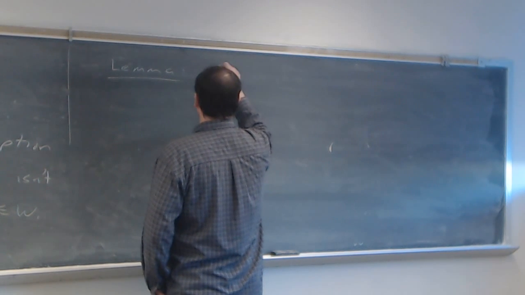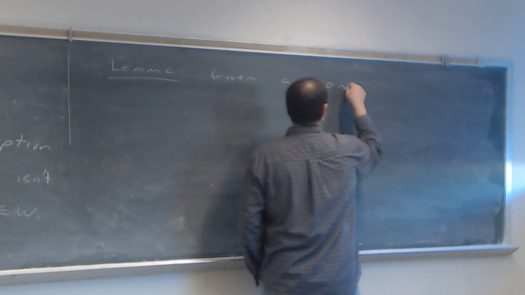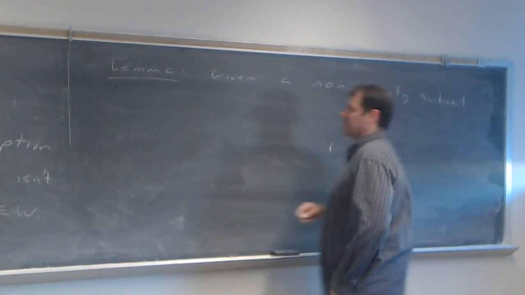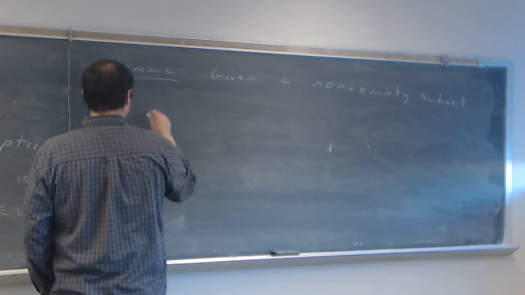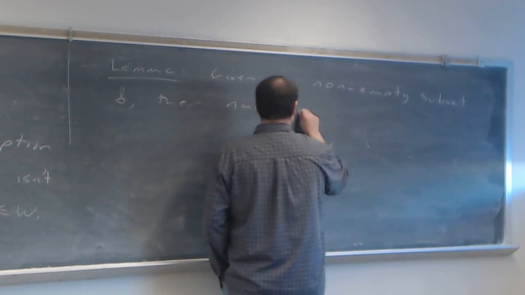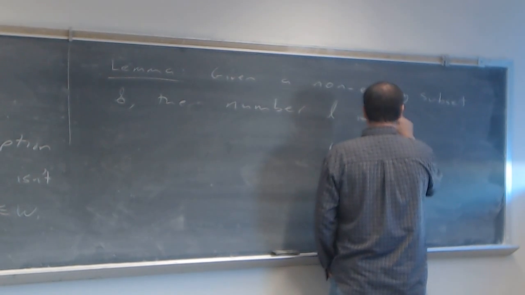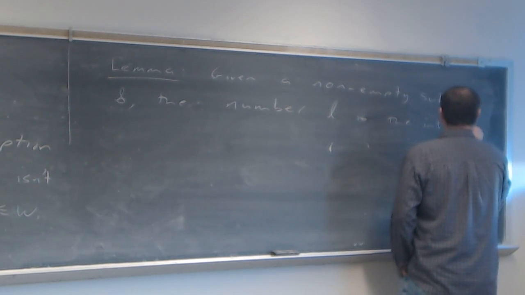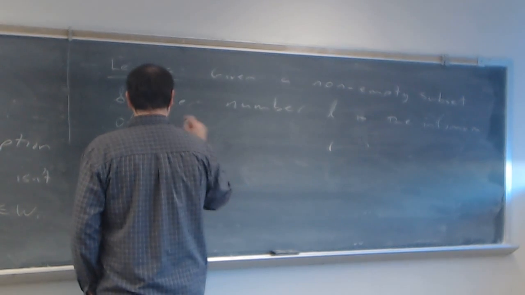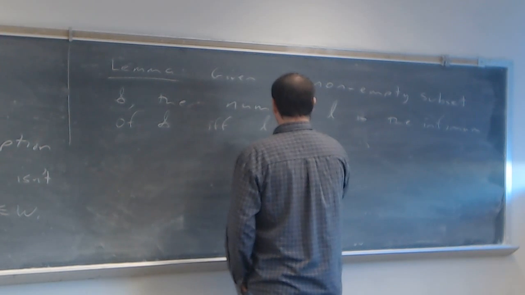It says, given a non-empty subset, script S, the number, let's say L, is the infimum of script S if and only if L satisfies